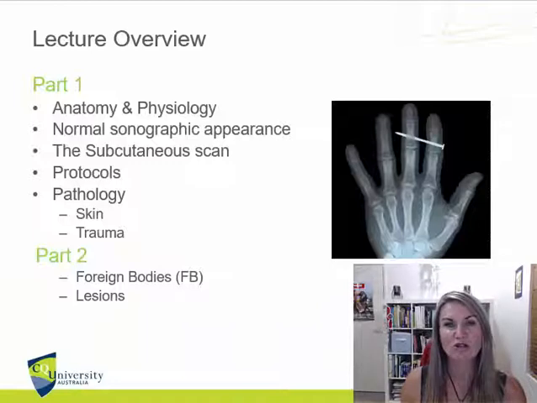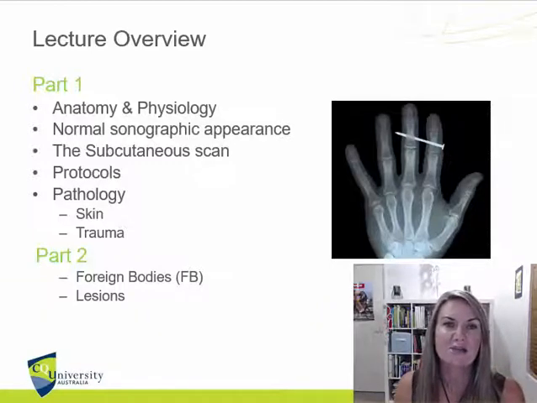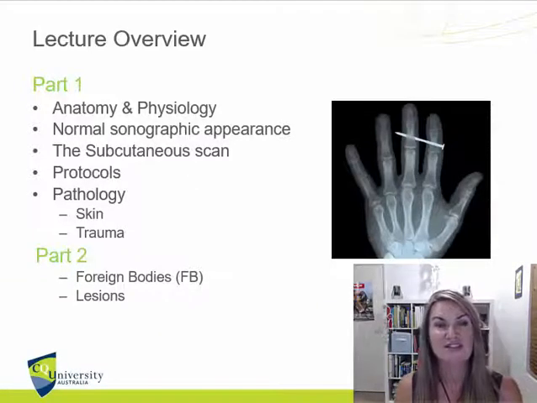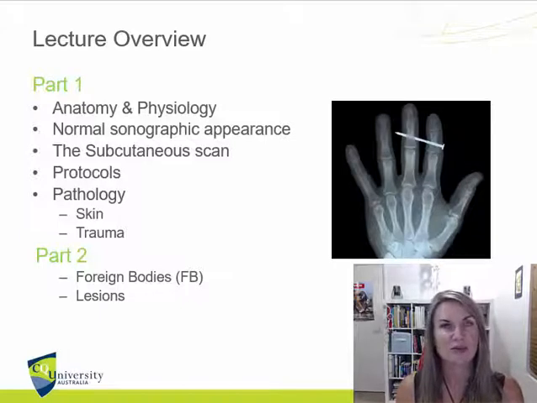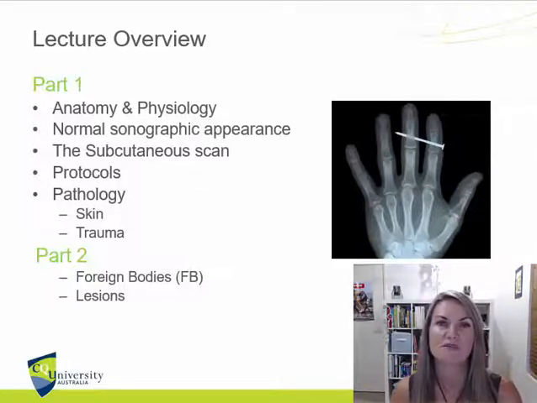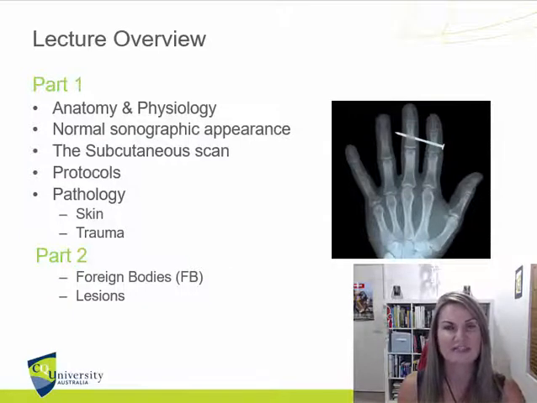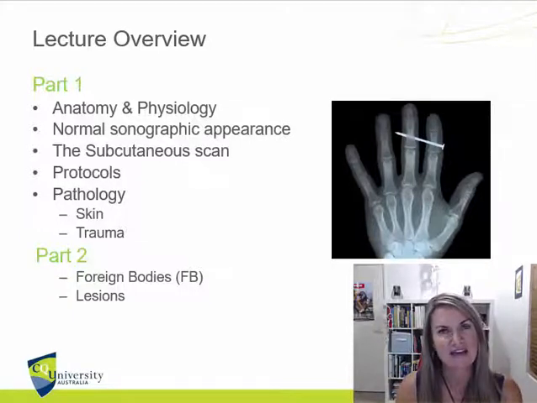So straight on to the two parts of the lecture. Again, starting with the anatomy and the physiology, looking at our normal sonographic appearance, not of the particular foreign bodies, but around the skin and all of the structures around it. Now, most of this should be a revision for you because you know all about the vessels and muscle layers and things like that that are likely to be surrounding the foreign bodies, or the lumps happen to be coming